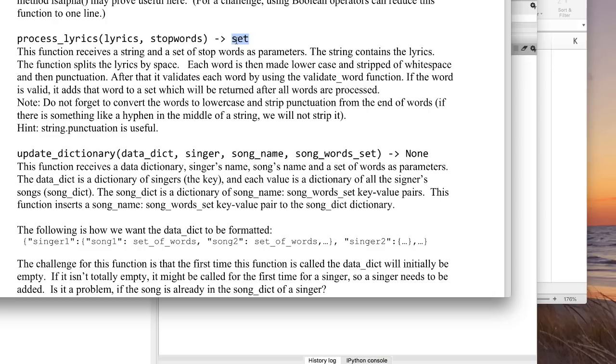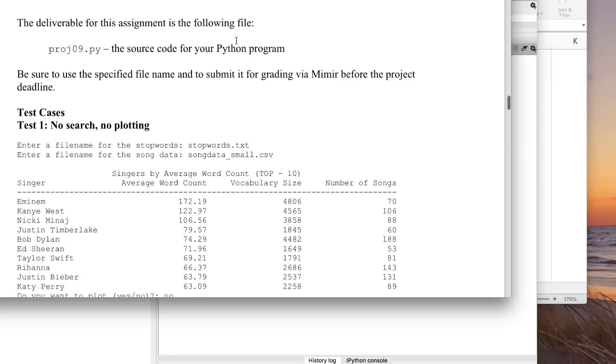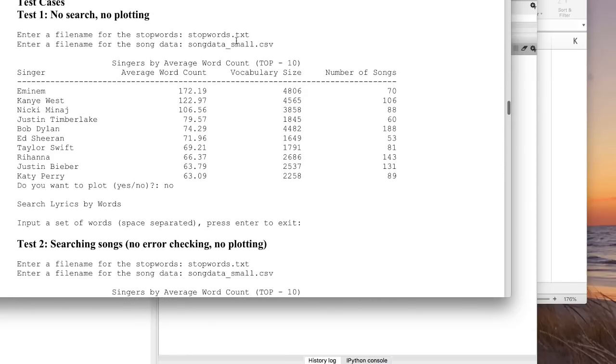Okay, so once you get these helper functions put together, the construction of the program is a lot easier, and so will the testing of those functions. Once you get those working, then the building of it gets easier. But be careful. There's a lot to this project, right? And so when we're all done,